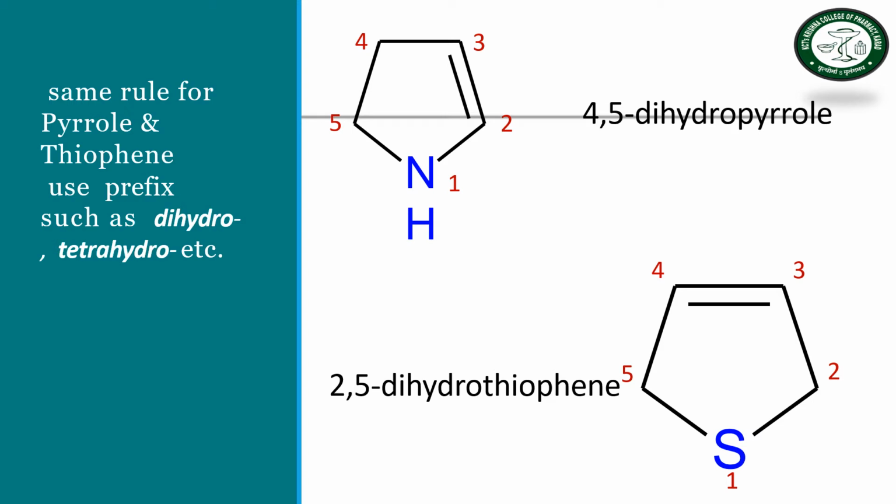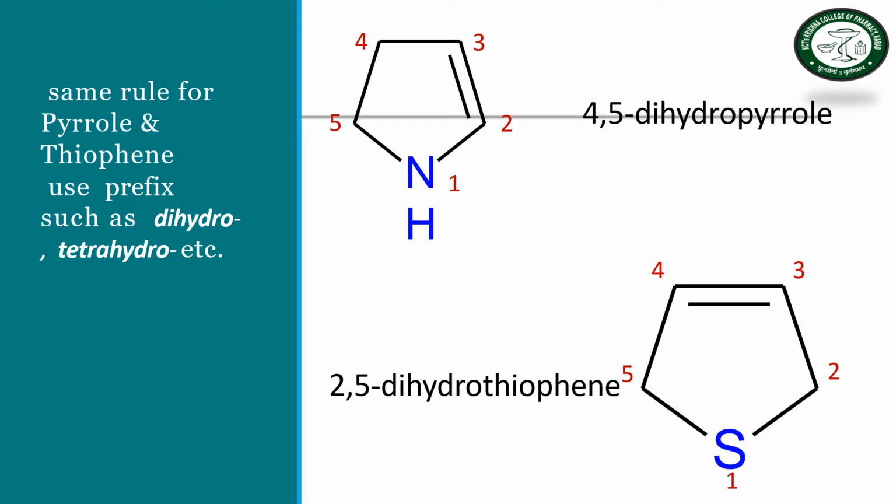Okay, understand or not? Look, this is a 5-membered ring and between positions 4 and 5 the double bond is absent. Meaning in carbons 4 and 5 there are hydrogens. That's why we use 4,5-dihydropyrrole, because pyrrole means pyrr for NH and OLE for a 5-membered ring.